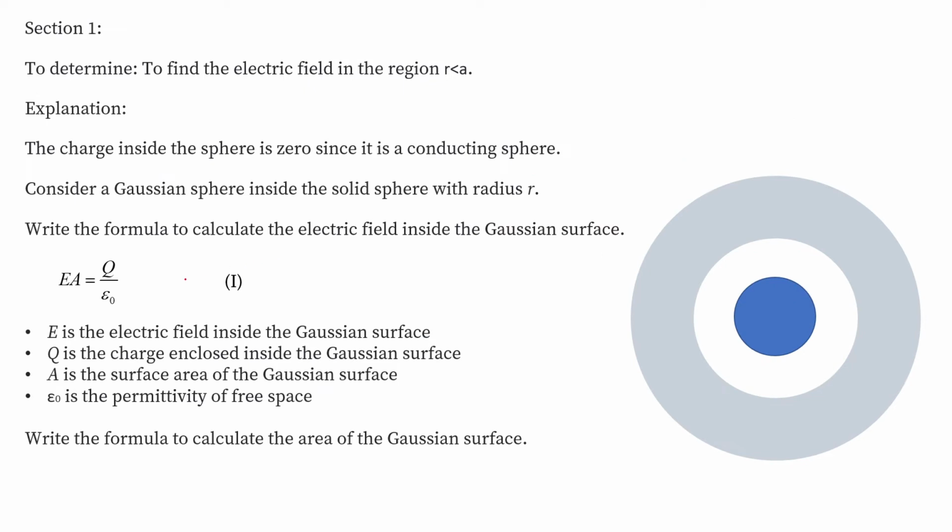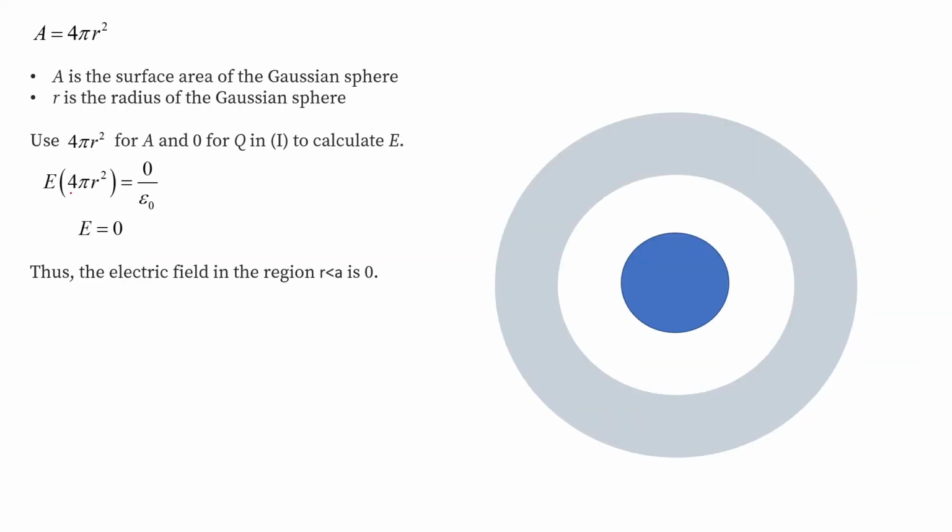So now let's move forward. According to Gauss law, the electric flux through a surface is directly proportional to the charge enclosed in the surface. So where the radius is less than a, there's no charge present here because it's a conductor. All charge gets collected on the outer surface. So as we substitute Q equal to 0, the electric field becomes 0 because the electric flux is also 0 according to the Gaussian surface rule.